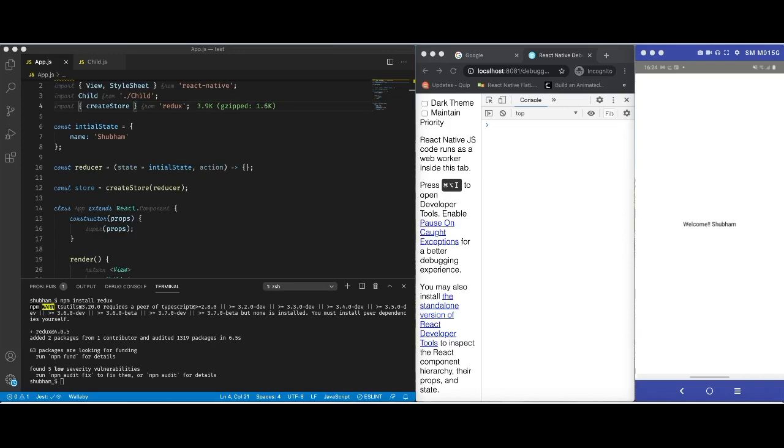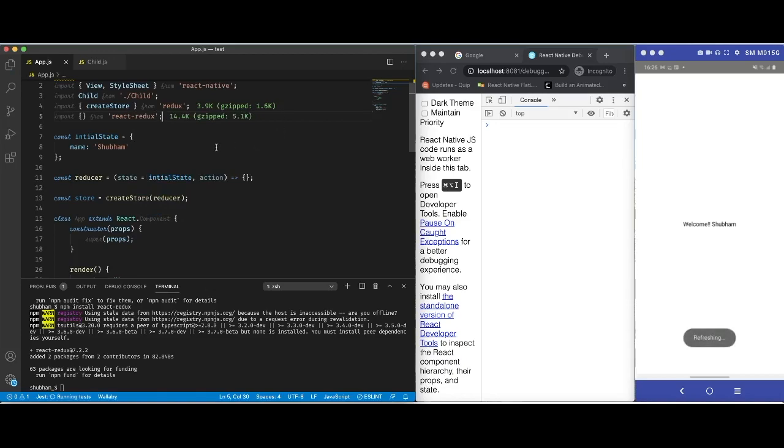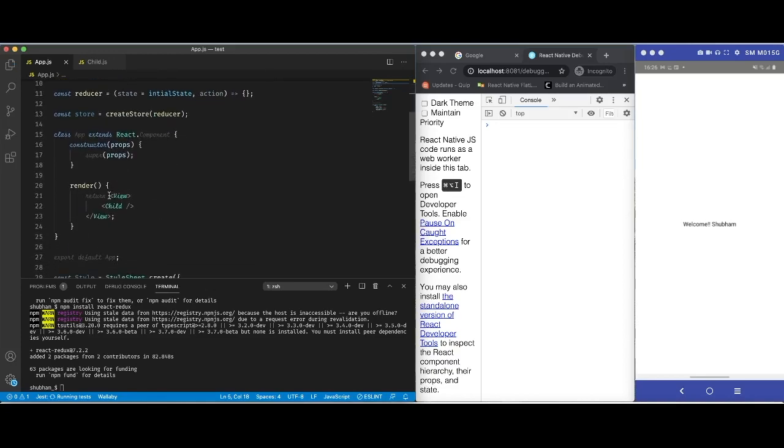The next thing that we want is that our store is available to all the React components. So for doing that, we will have to install React Redux. And for installing React Redux, we will follow the same command, npm install react-redux. Now the library is installed. Let us import it. For making the store available to all our React components, we will need a Provider here. So we will import Provider from React Redux and we are going to pass it inside render. So let us use it here.